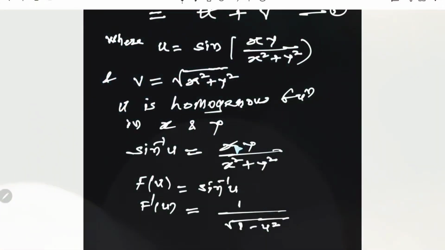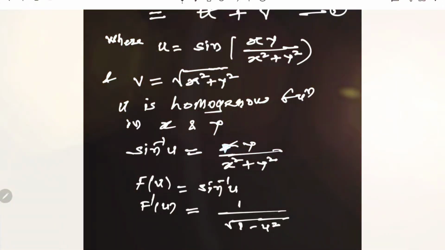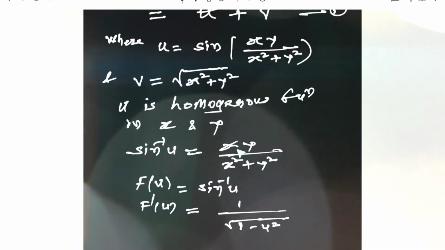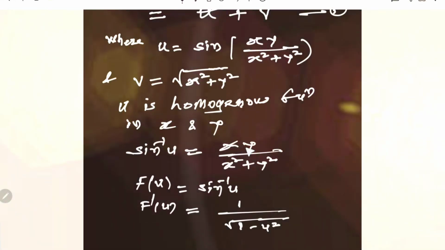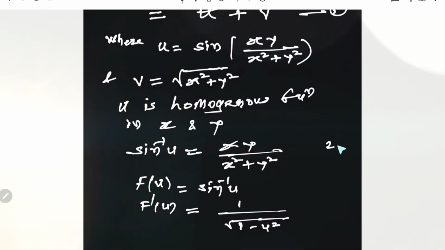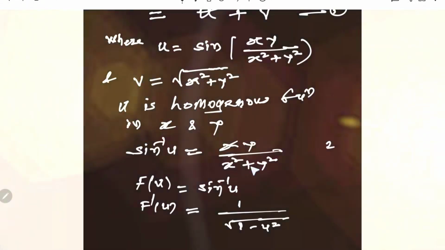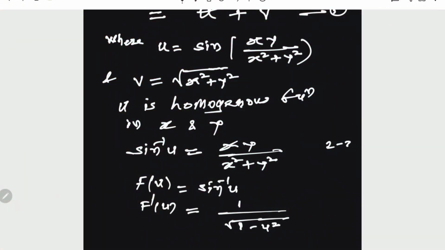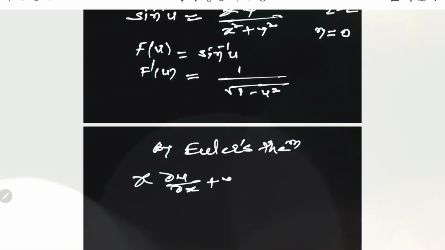And second part, we require to find the degree of homogeneity. If we see the term in numerator, the degree of that term is 2 and degree of denominator term is also 2, and therefore here the degree of homogeneity is 2 minus 2 as 0. And then by Euler's theorem we get x into dou u by dou x plus y into dou u by dou y,